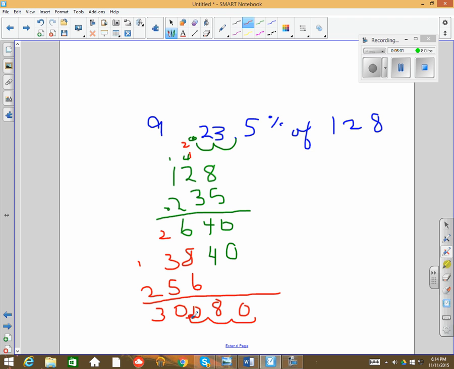Okay? So it says round to the nearest tenth if necessary. So if you're going to round that to the nearest tenth, the 8 is larger. So 8 is what you look at to round to the nearest tenth. So to round to the nearest tenth, the final answer is